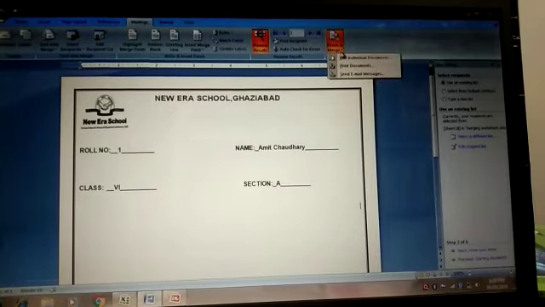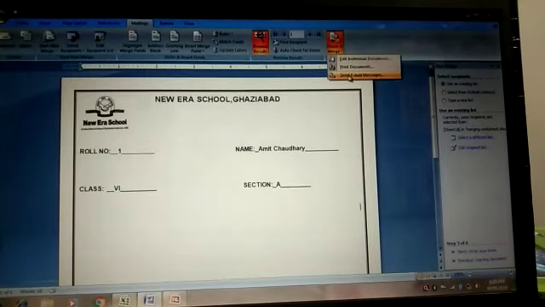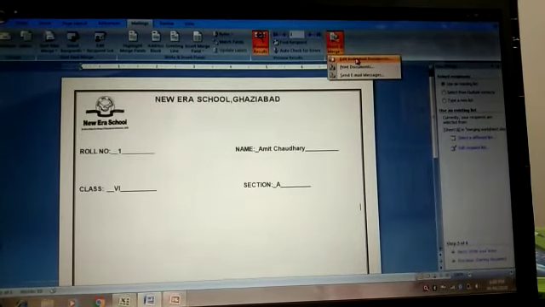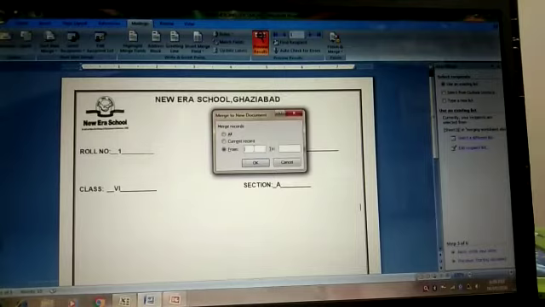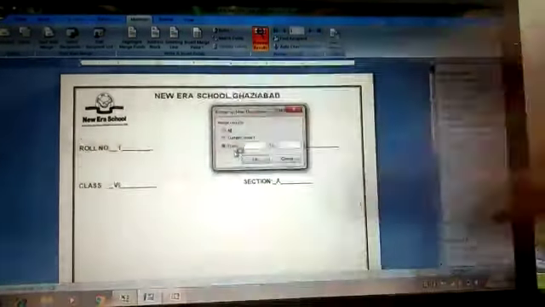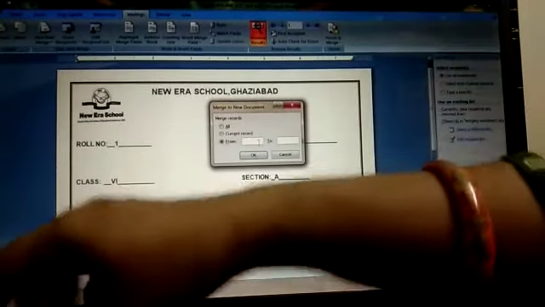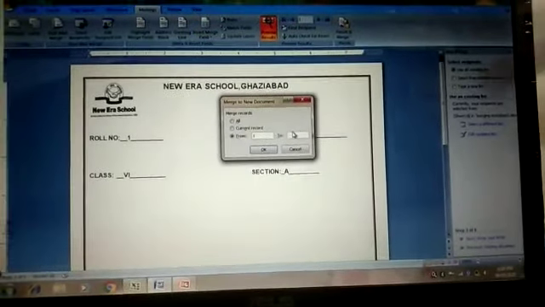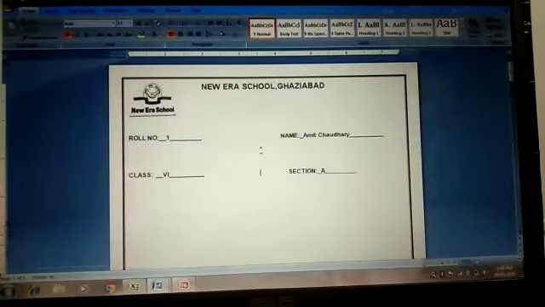Now let us click it here. Now here it will show you three options. One is print the documents, send email messages, and edit individual documents. Now we'll click it here. Now what is going to happen if we set this? We have a total of 5 records, so set all the numbers here. By mistake it happens. Let me click it here. 1 and 5 and okay. Let us see what is going to happen.